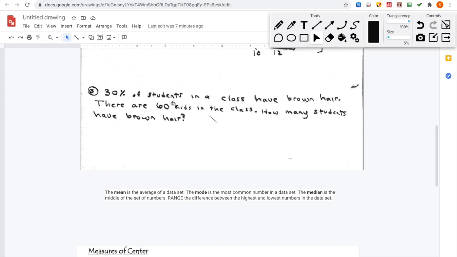Number 3, 30% of the students in a class have brown hair. There are 60 kids in the class. How many students have brown hair? So this is a percent of problem. Percent of problem